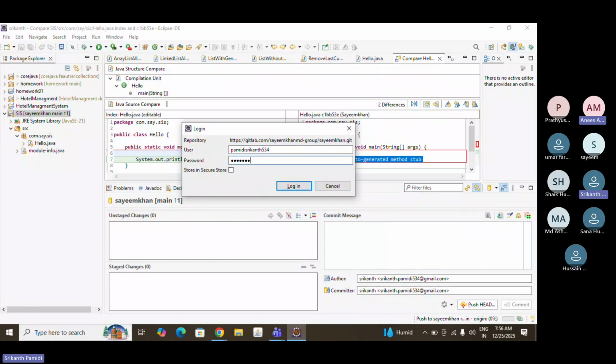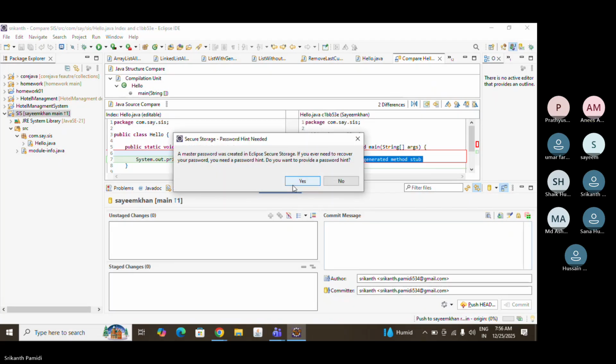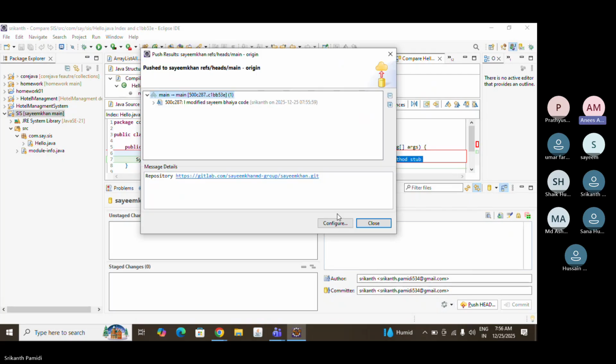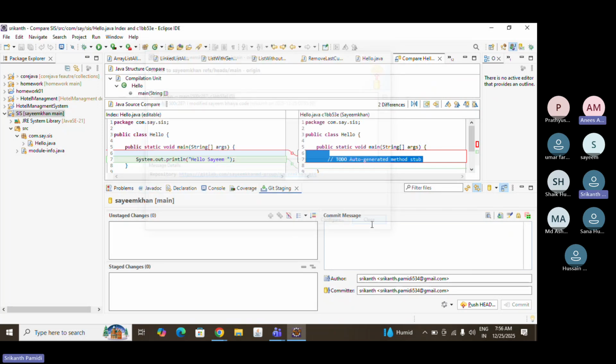I want another person to get ready now. Who is there with Eclipse open and a little faster laptop? No, say no. Okay. So now your code is committed, right? So now